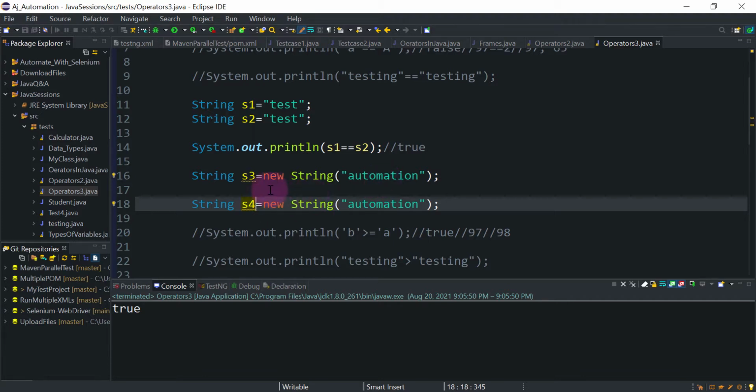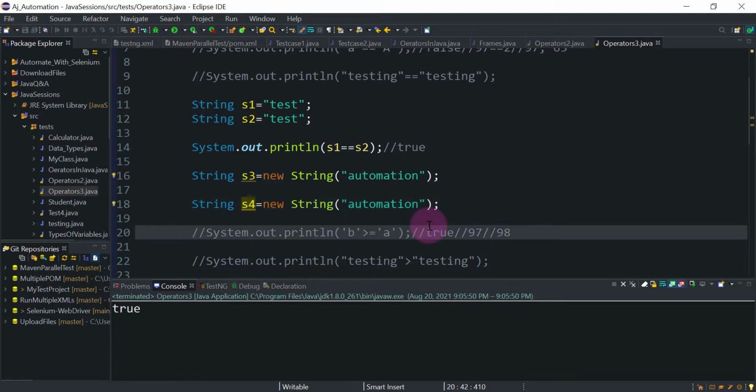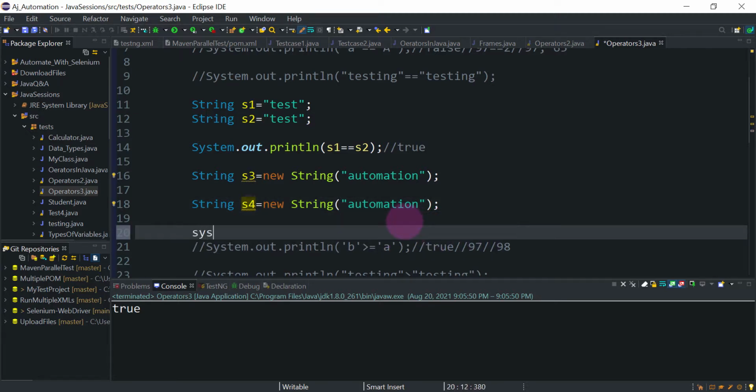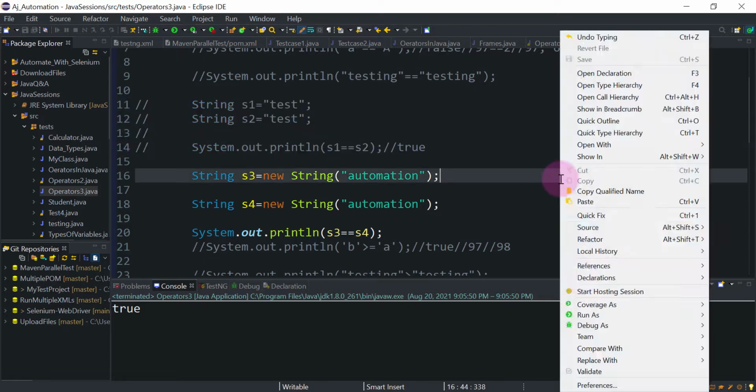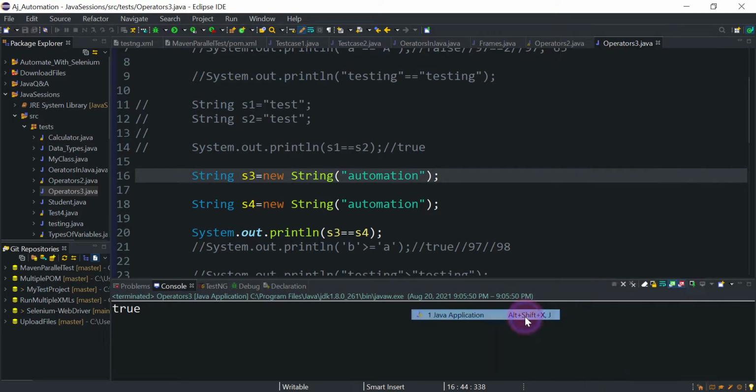So s3 will point to the automation object, s4 will point to the separate object, so they are not pointing to the same object, and that's why if we try to compare s3 and s4, then we will get false. So if we run this, we will get the false.